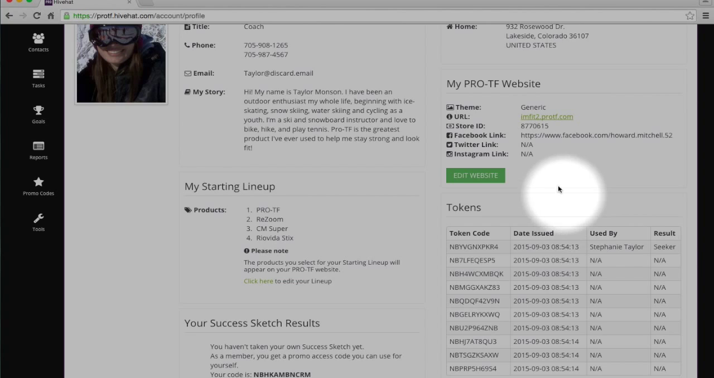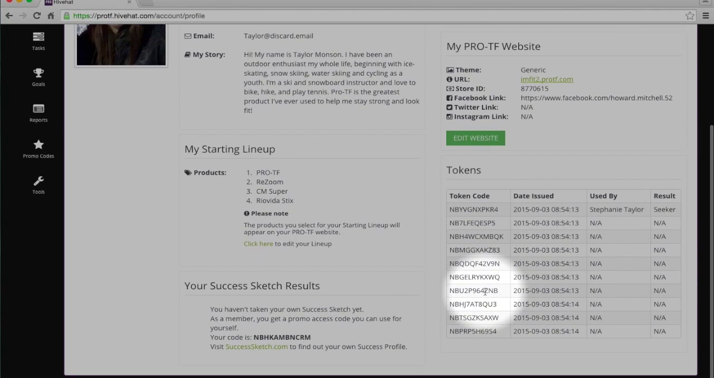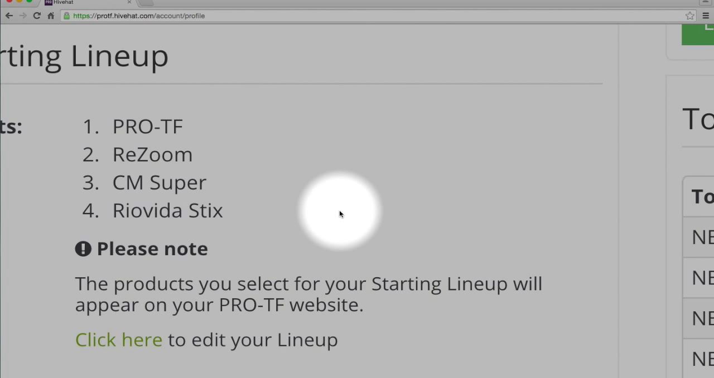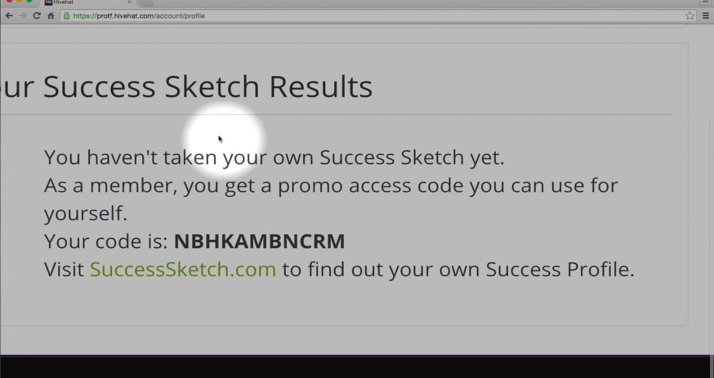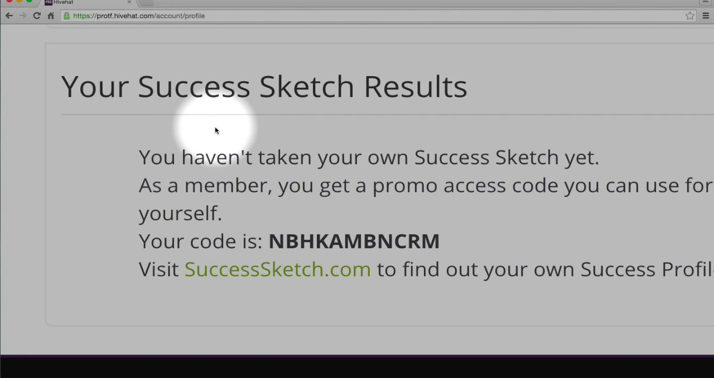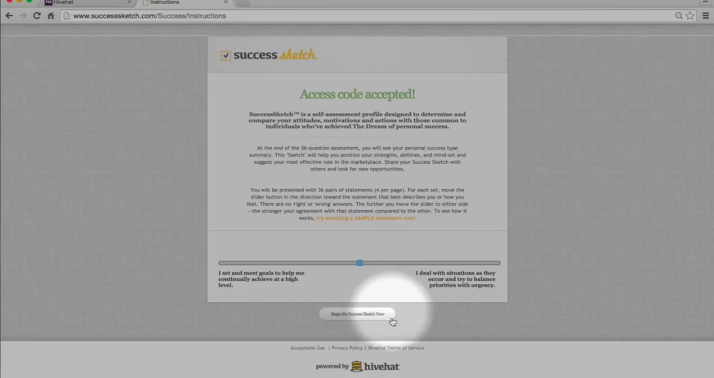Another cool feature is that you get tokens for Success Sketch automatically into your account, and that's a great prospecting tool right here. And we notice that we haven't taken Success Sketch yet as a subscriber, but there's the link, and you click on the link, and it's already populated with your code, your promo code, your own personal one, and then you can go in and start